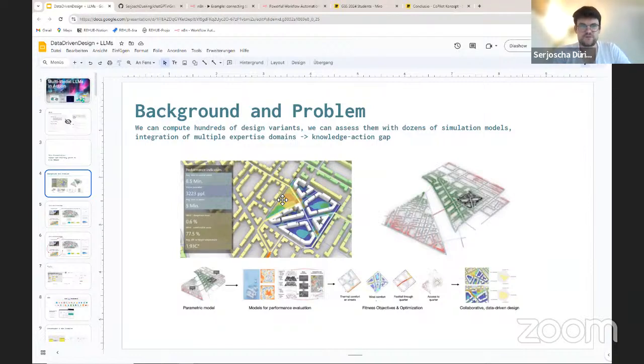On the other hand, it's super complicated, with that much data, to actually make sense of it and to make decisions and navigate through this complexity of 100,000 data points. Like this example, this CFD simulation, wind comfort simulation here alone, you could say has a few 100,000 data points, right? It's not just one number, but the whole map.